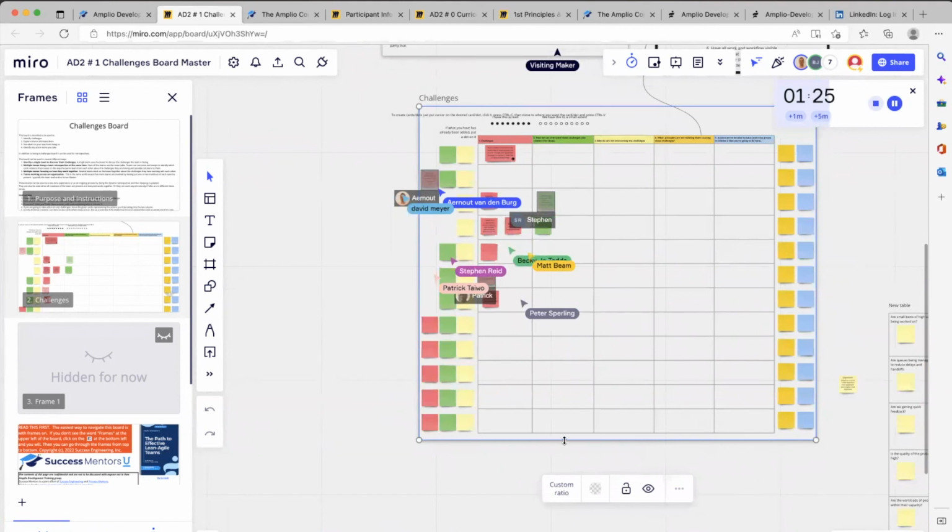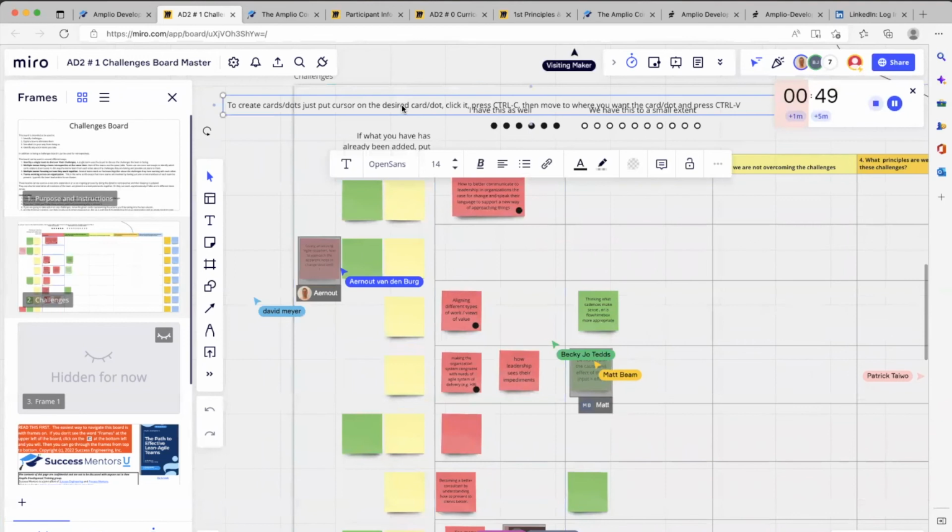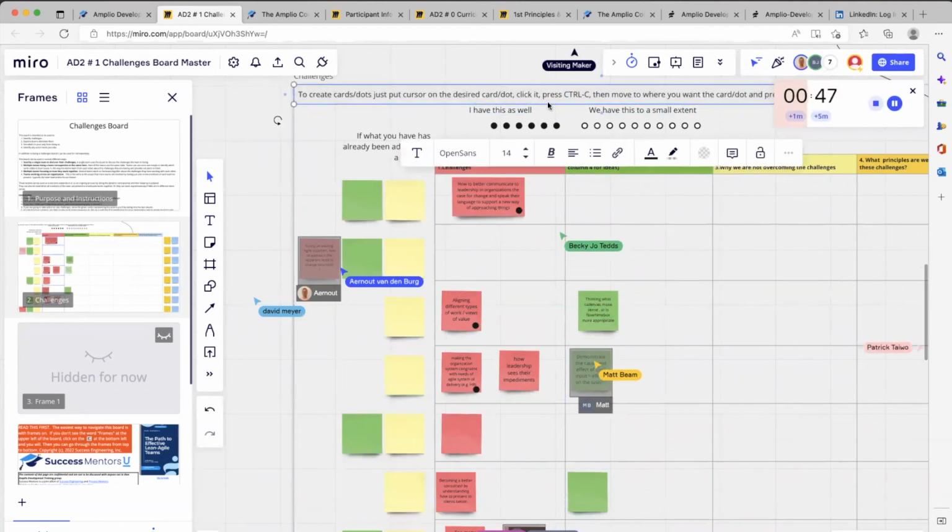See, one beauty about Miro is it's big. It's infinite, really. Basically, if I want to add more rows... oh, well, it's not letting me now because I've locked it down. But if you own the board, which you will, my plan is to release the boards after both sessions, because I get some ideas and then I make changes. Now notice people who weren't here today but listen to the session can come in here and keep working with it. I forgot to lock that down. Let's lock that down now.